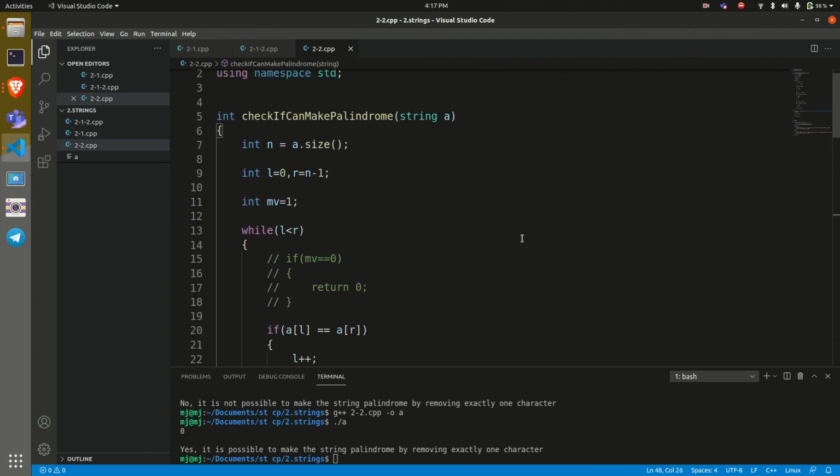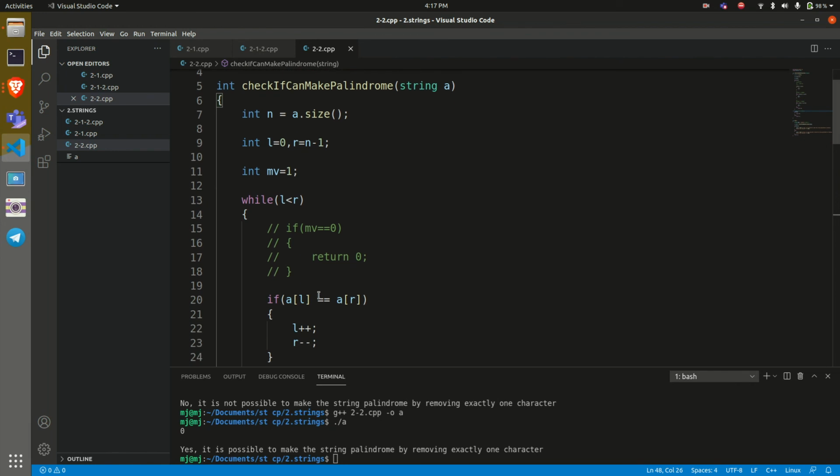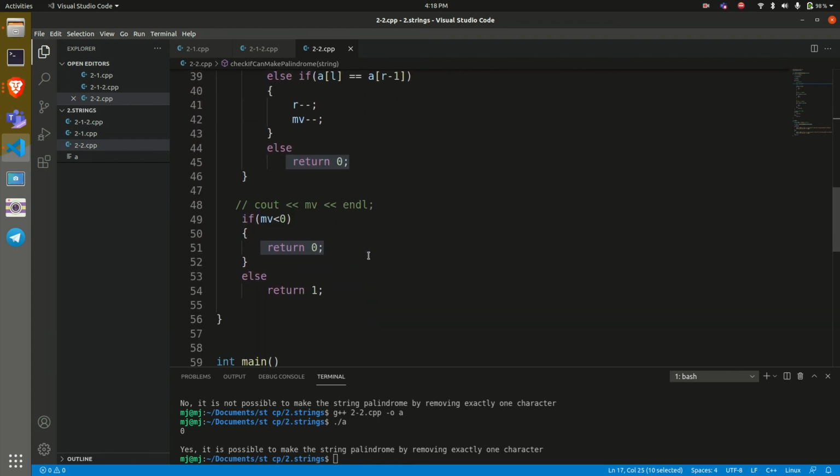Let me tell you what was wrong, and that's how you need to decode your code. Writing this condition was giving a wrong answer. Why? Because within this we are checking if MV equals 0, directly return 0, which is incorrect. Just think of this case.